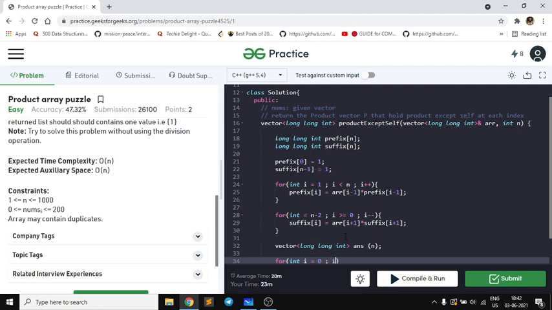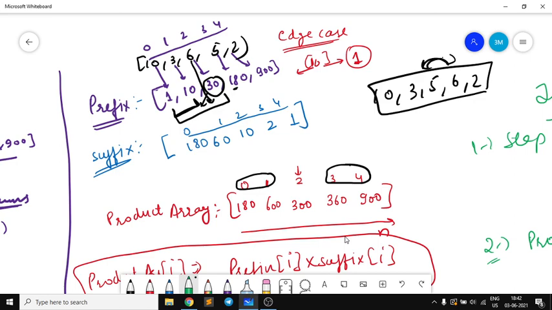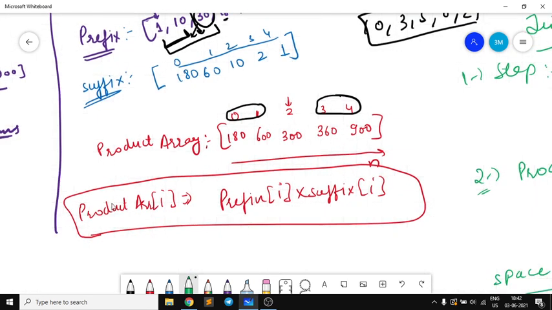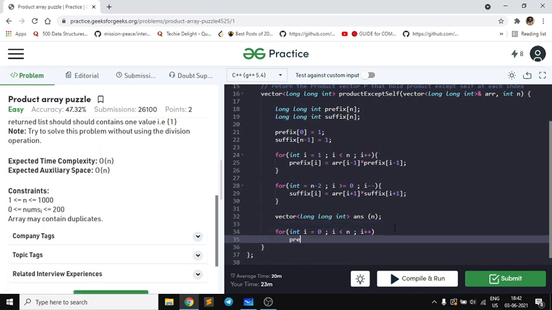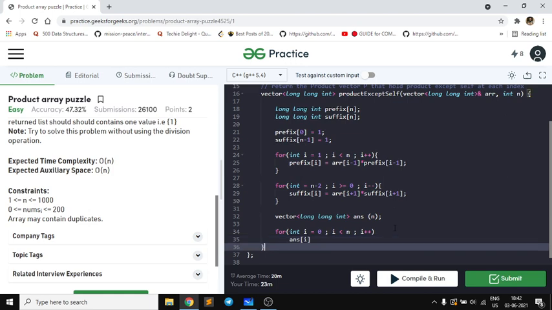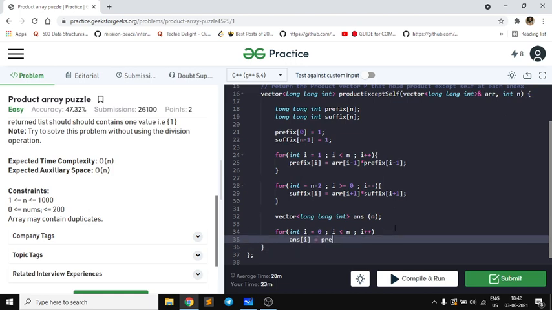Now I will simply iterate the elements and use this formula: for the product of array except I, answer of I equal to prefix of I into suffix of I.